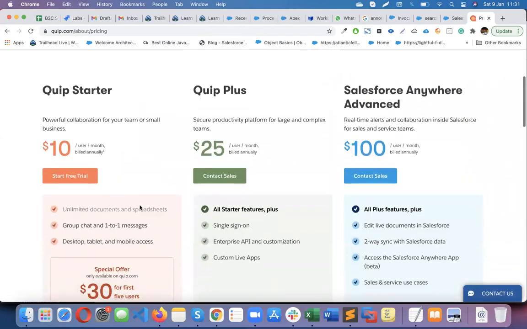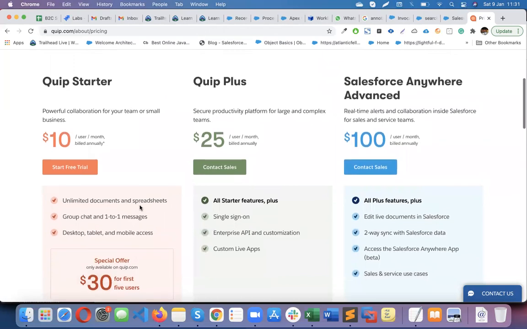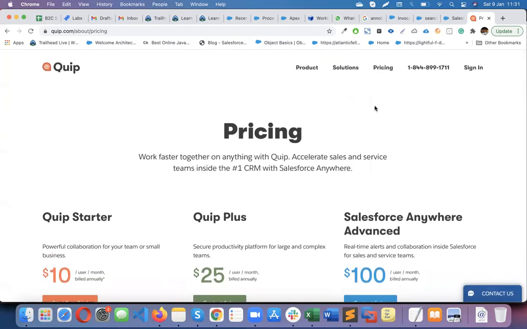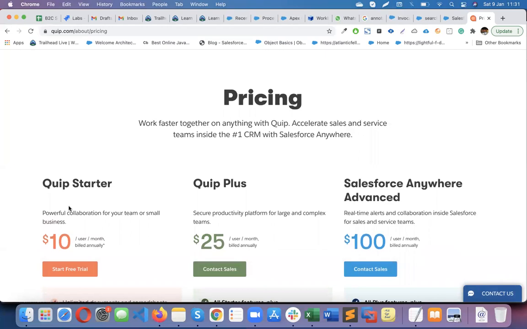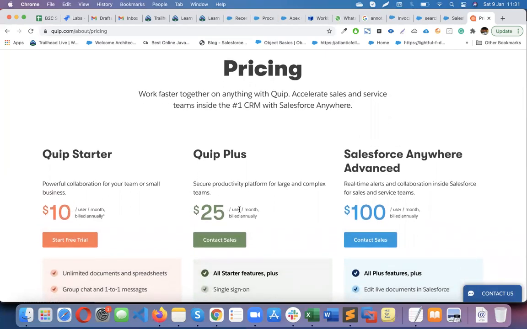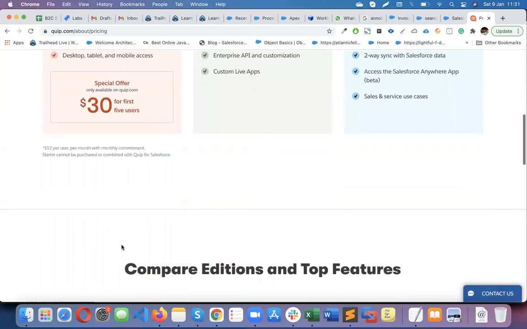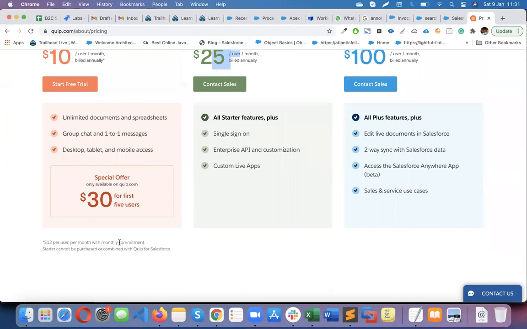Now they made it a cost because of the COVID. They made the basic plan completely free. Now they made it like $10 per user per month, Quip Plus. But again, this will help you to collaborate on your documents. Basically, you can create a document, and within the document you can collaborate. Every team member can go and update it, and you can integrate with Salesforce and get the information from Salesforce immediately, like record details or reports. It will seamlessly connect into Salesforce. You can even generate the PDF and send it to customers to get their signatures. There are a lot of things available. Basically, it's a collaboration tool.